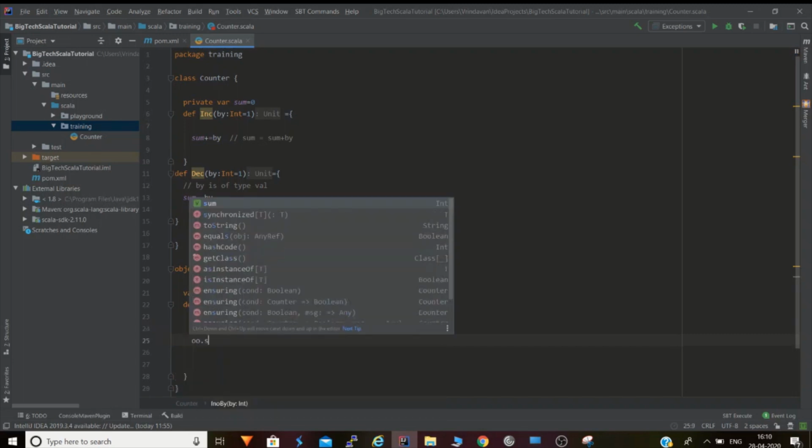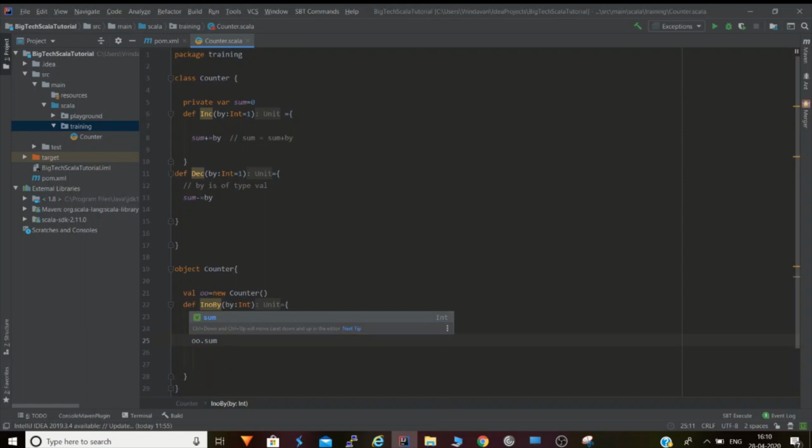And now we'll return the value sum. So what is this value? O dot sum. Let's discuss what we have done over here. In reality, we have created an object of this class type, Counter type, and we are calling the increment method that many times, as many times as you want this method to be incremented.